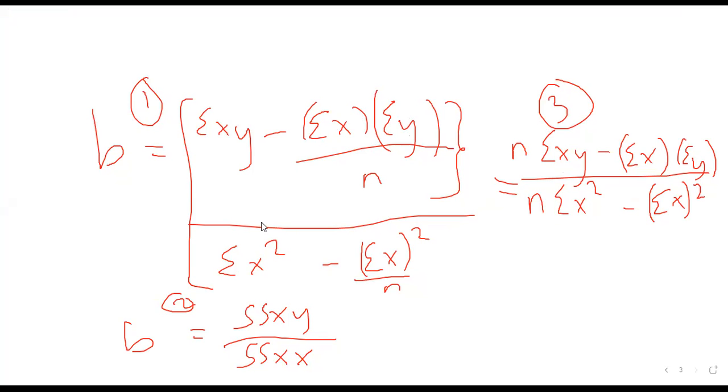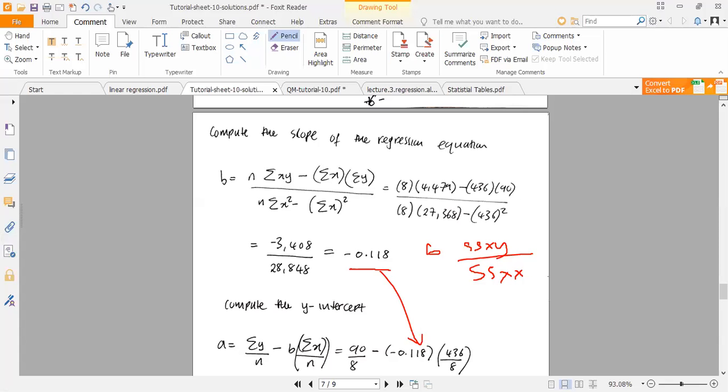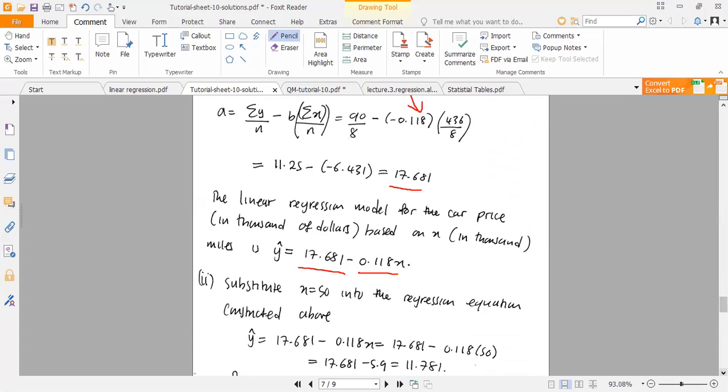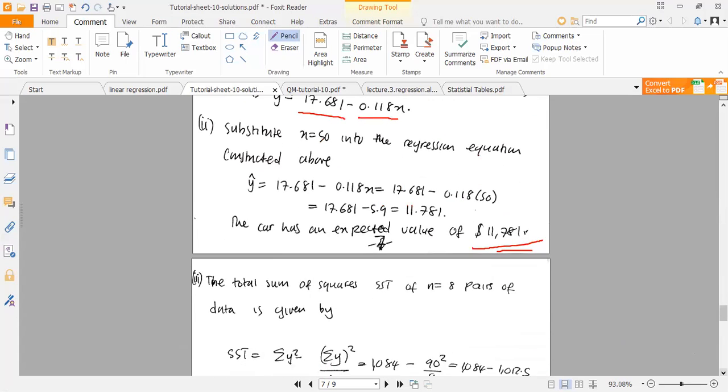So this takes us to what we computed here. Having found our A, we have a regression equation. We substitute the 15 there to get our price, the expected value. Then now we've been asked to calculate the sum of squares. So this is simply